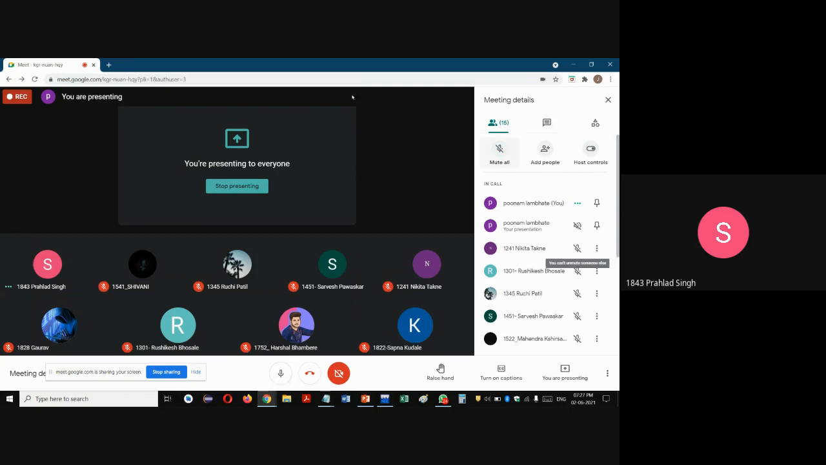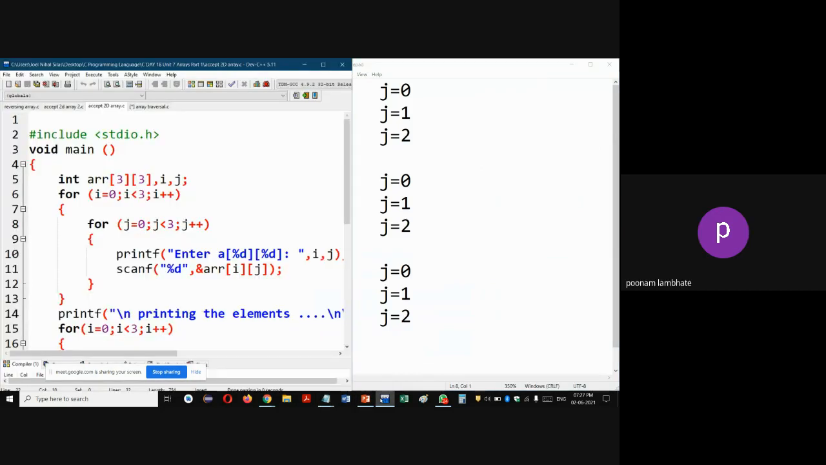Can you just repeat it once again? The entire 2D array accepting part. Yes, only that part. Okay, so see, suppose you had